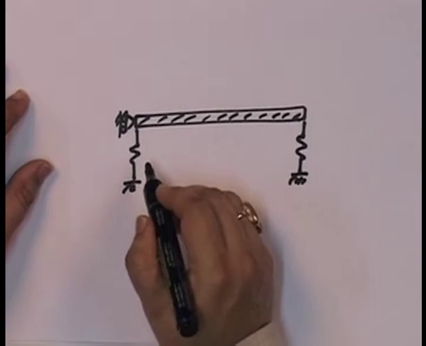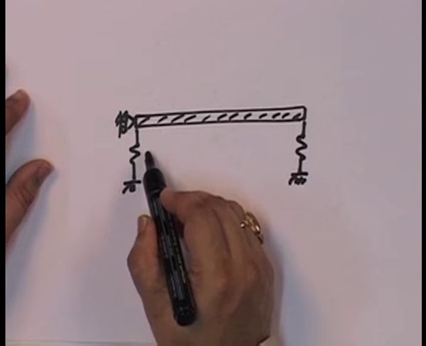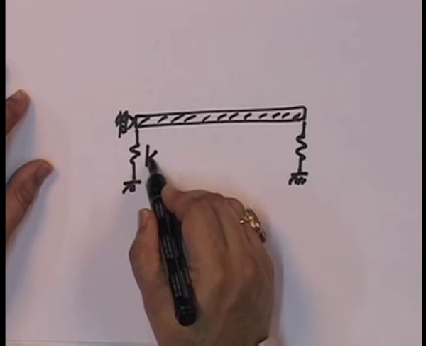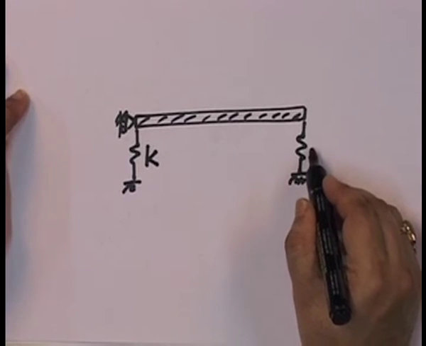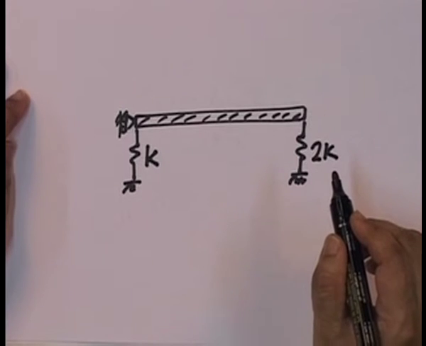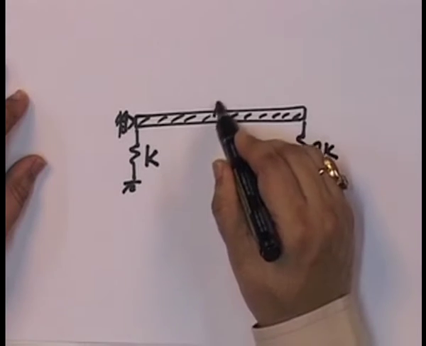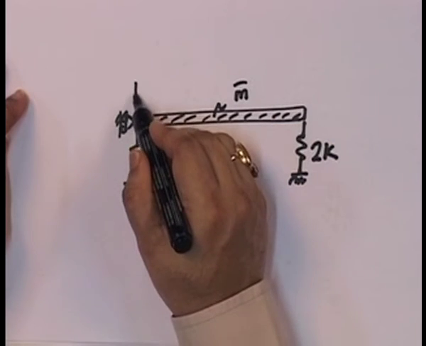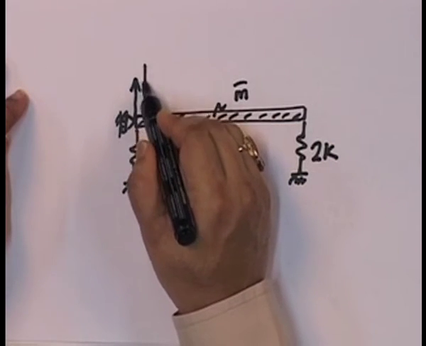And what I am going to do is, I am going to say that this is equal to k, and I am going to make this equal to 2k. This is still m bar, and the loading, well, I am going to say, it is going to be